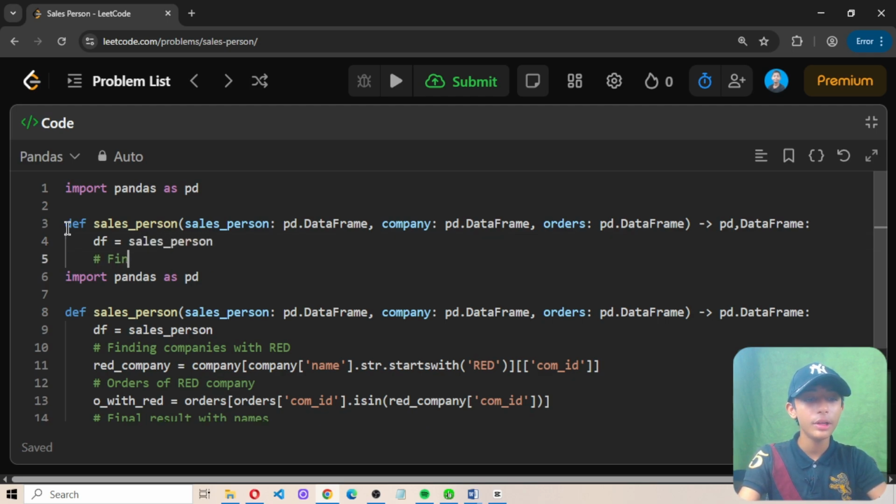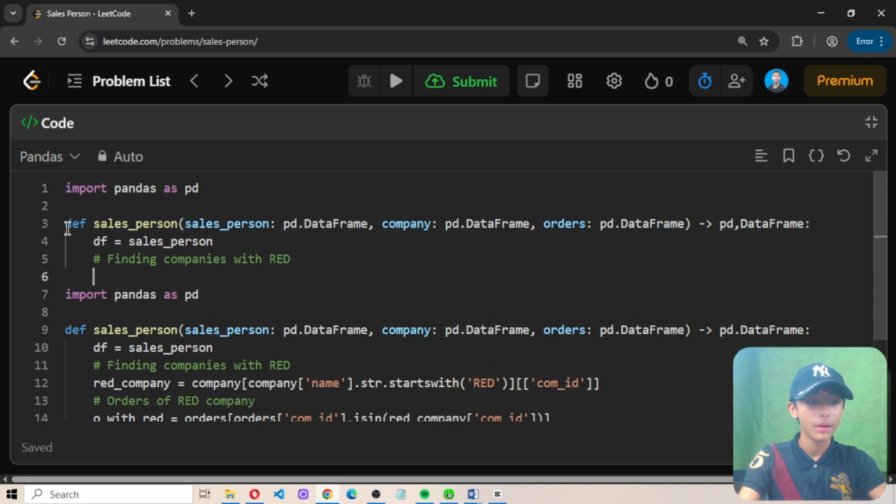Now here I define one comment in which I am finding the companies with Red. So first of all we define a red_company variable in which we define company, and then here it is looking like a list. Now we define company in single quotes name, and then dot str, which means string, like you all know, then dot startswith.